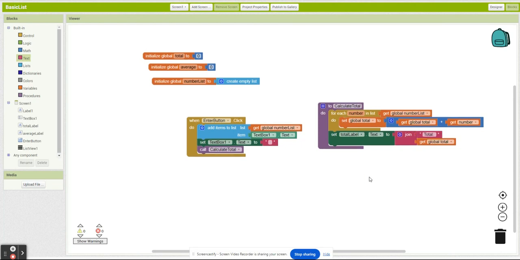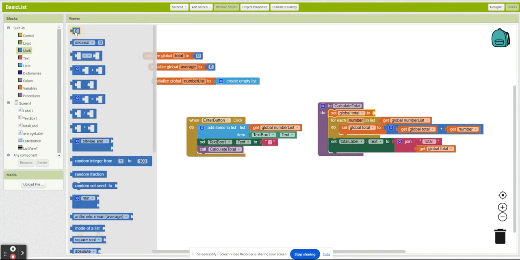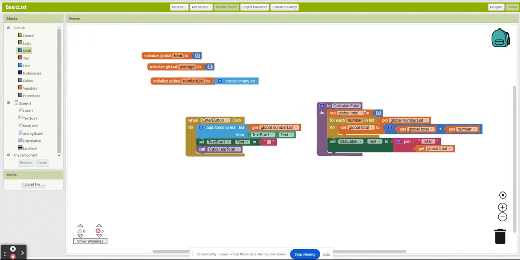total. Now, a big step people often miss in this, and test this out doing it both ways so you can see what I mean: people often forget to zero out the total before we do this. We need to make sure our total's starting out at 0 before we get into this, and then we can calculate it. Then right after that, we're going to calculate